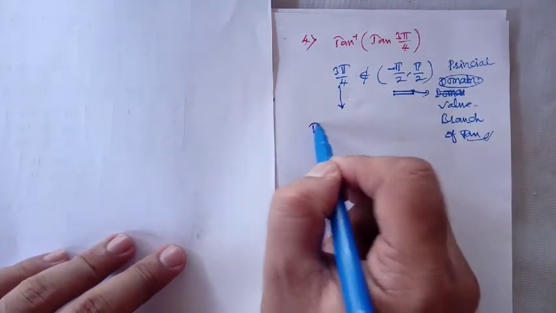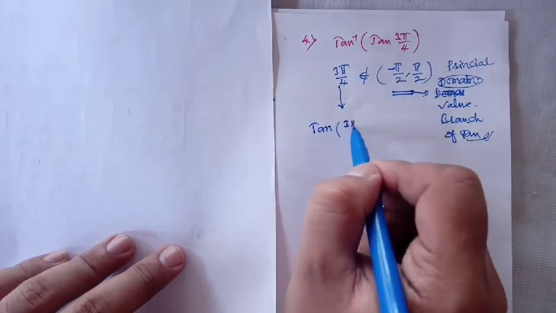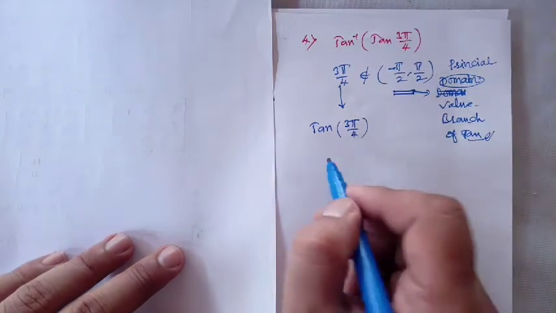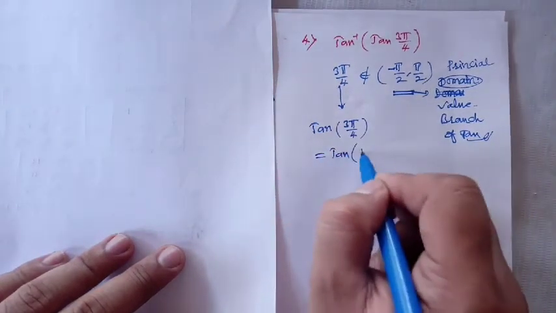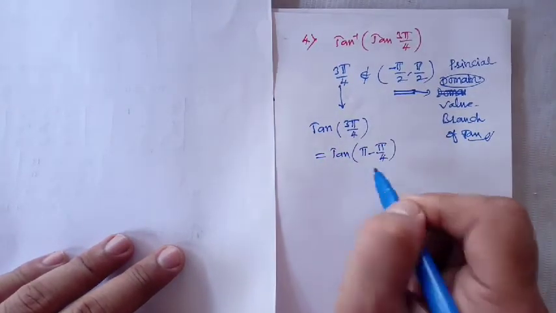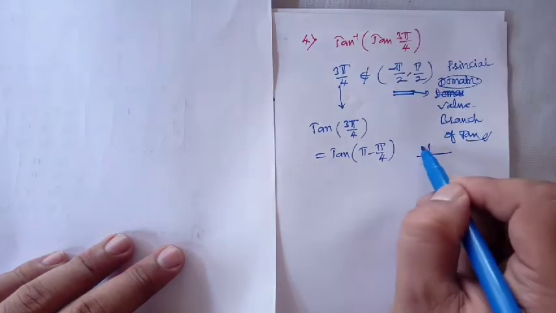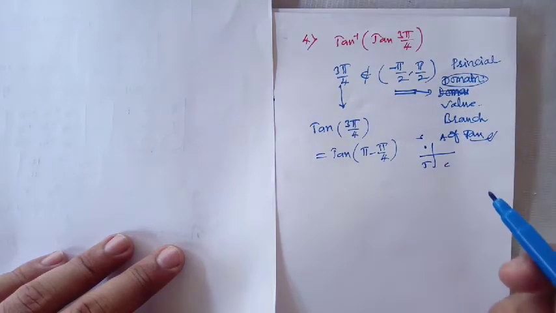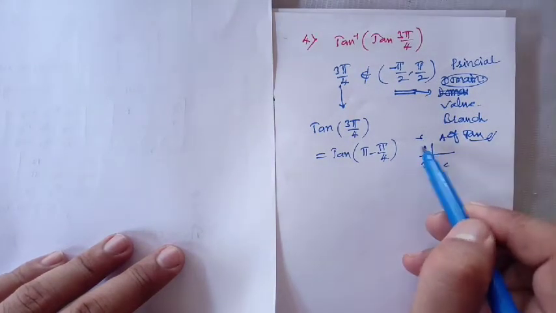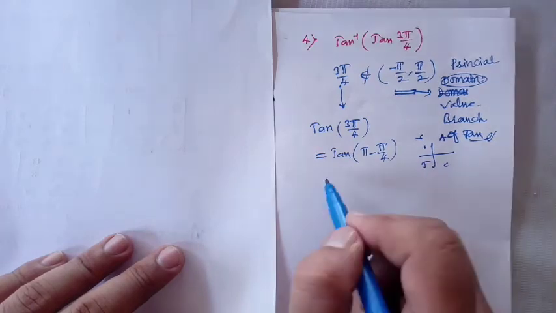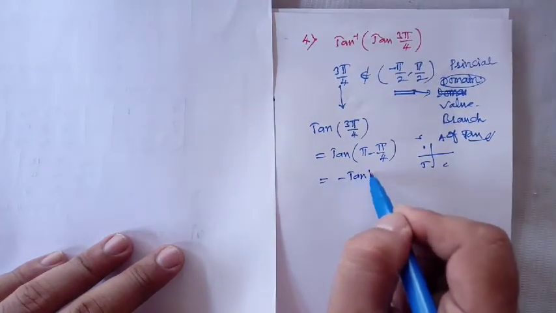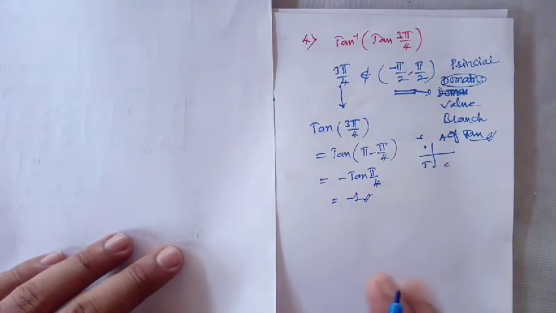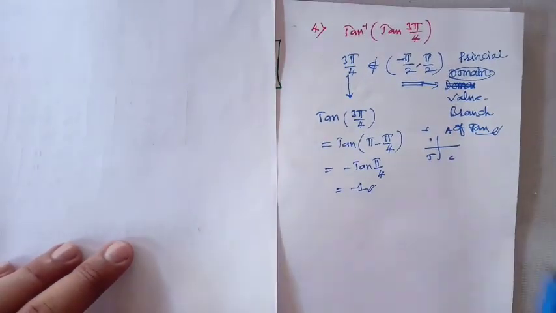Understand here clearly. First of all, finding out the value tan 3 pi by 4, how much value will it give? It can be written as tan (pi minus pi by 4). Pi minus pi by 4 will be in the second quadrant. All Silver Tea Cups. In the second quadrant, tan is negative, so minus tan 45. It is nothing but minus 1. Now tan 3 pi by 4 is equal to minus 1.